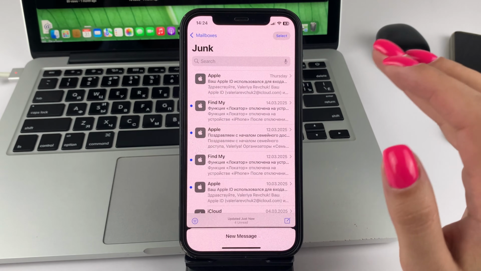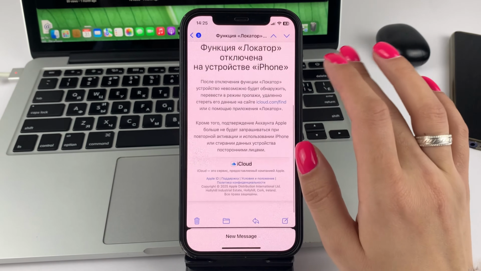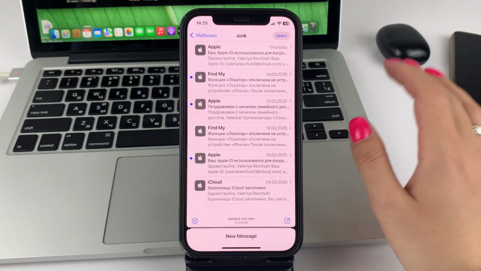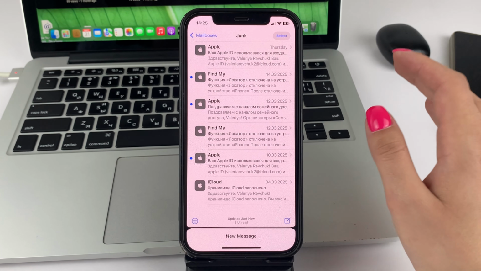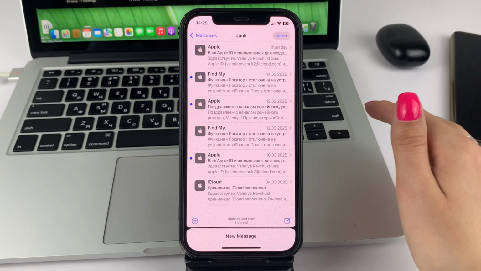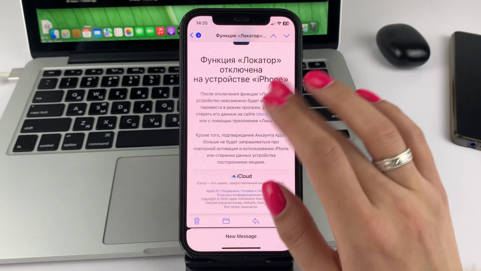Now you can just go to any of the emails and then just read that email. If you are sure that you do not know the sender, you can look at the sender. If you're sure you don't know who sent you this email, and it's probably spam, then scroll down to the